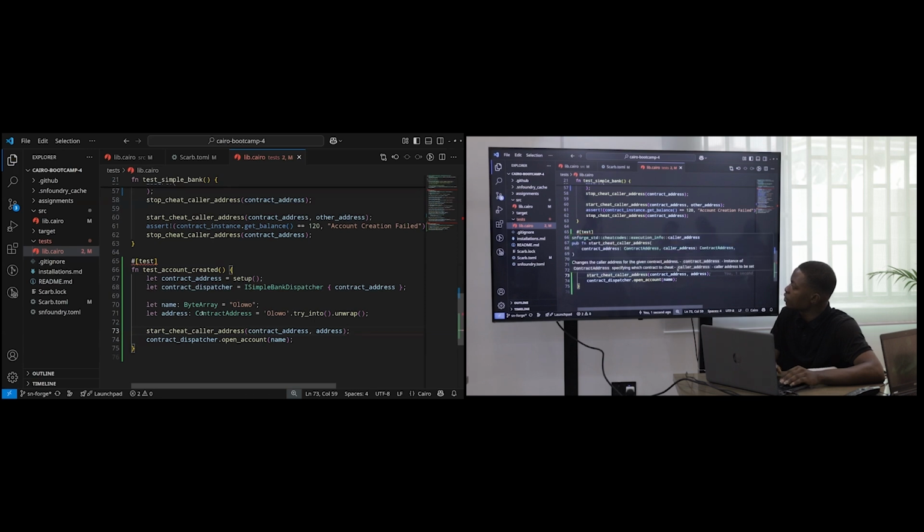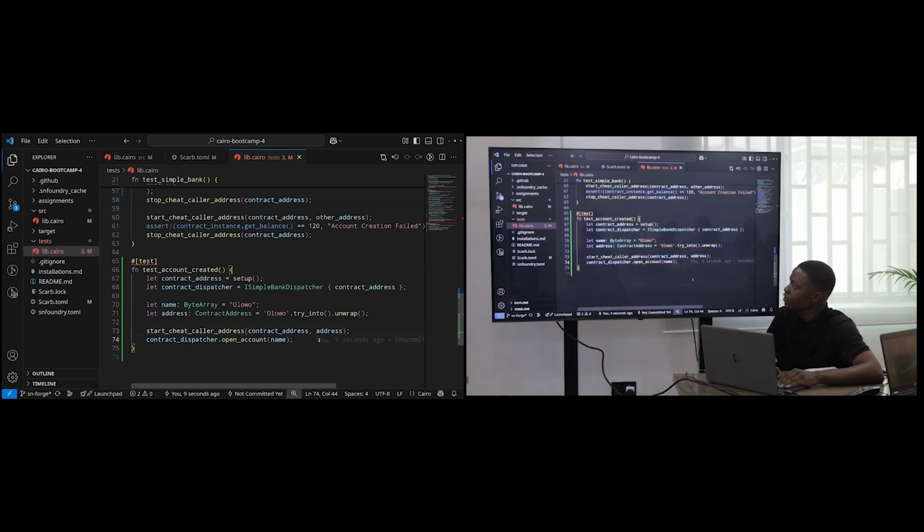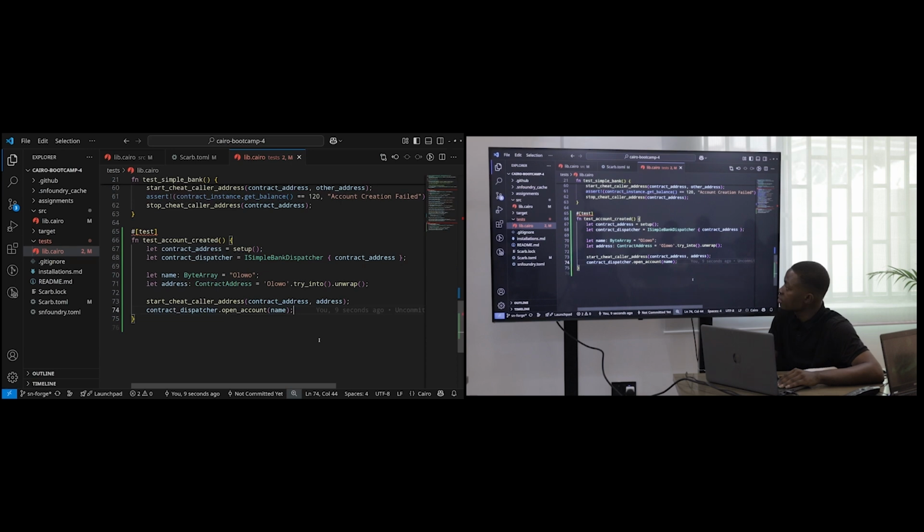And then at this point, this particular address would match the one we have here for him. Then to verify if this account was created successfully, we could just